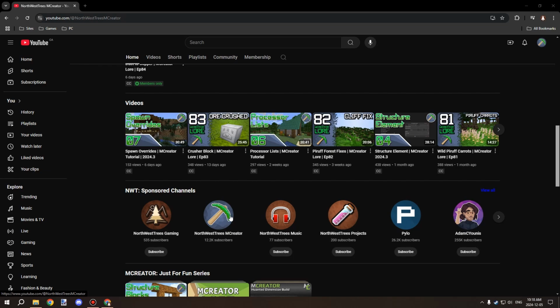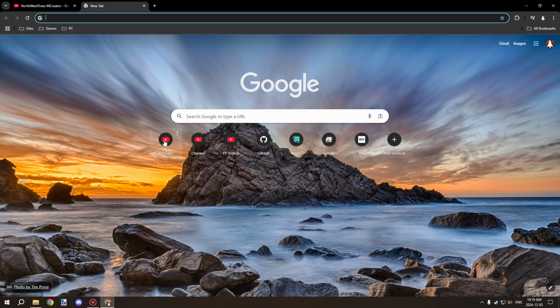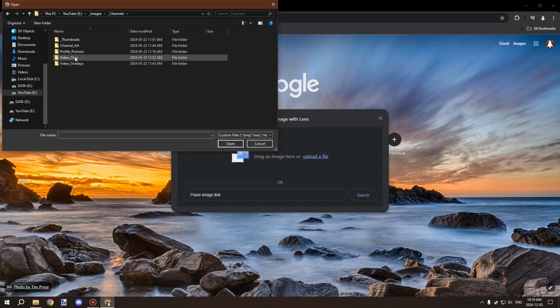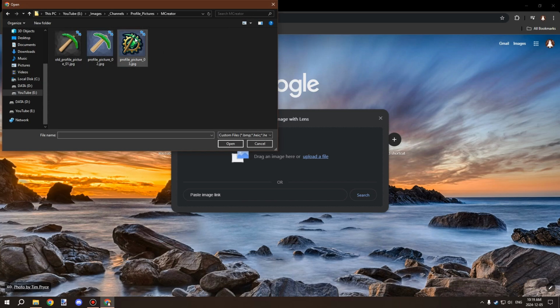I wanted a brass gear, like a cog, and I wanted the pickaxe in the middle. Literally, that's what I put into DALL-E when I was getting it processed for what I wanted. And I did a reverse image search on that particular image, and there was nothing that came up in Google reverse image search. Now, if you're not familiar with that, you can actually go to Google here and you can click on this thing. I might actually just do that again just so you guys can see. What was it? Channels, and I think it was profile pictures, MCreator. So I have it right here.